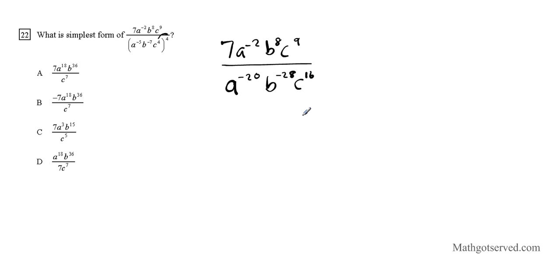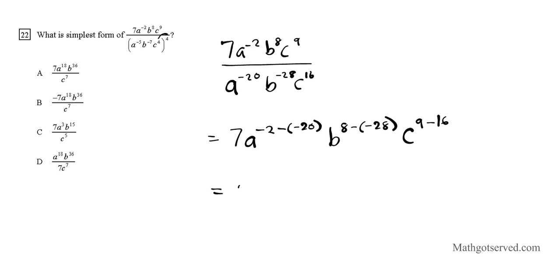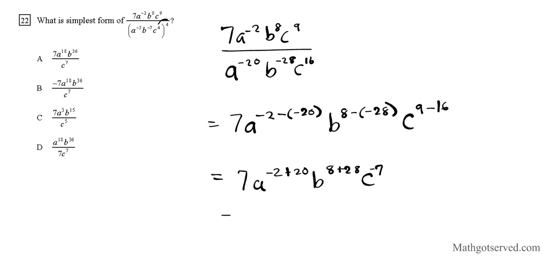16. Okay. So what we're going to do is subtract powers using the quotient property of exponents. So we're going to have 7a to the negative 2 minus negative 20, b to the 8th minus negative 28, c to the 9th minus 16. So that gives me 7a to the negative 2 plus 20, b to the 8th plus 28, c 9 minus 16 is, actually, negative 7. And then it's going to become